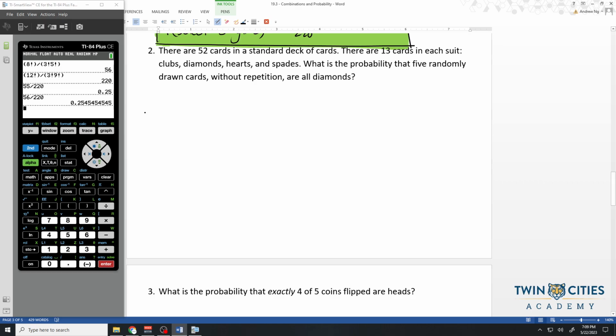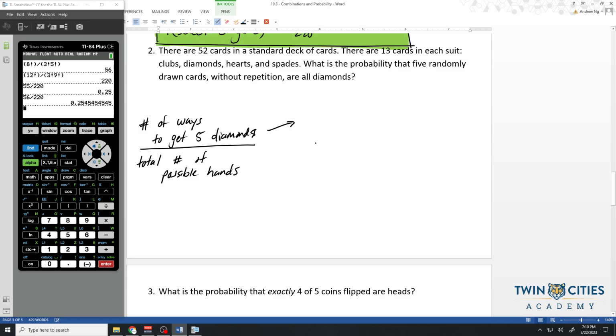So what we would need is the number of ways to get 5 diamonds over the total number of possibilities. I'll say possible hands. So the number of ways to get 5 diamonds. There are 13 cards in each suit. So this will be